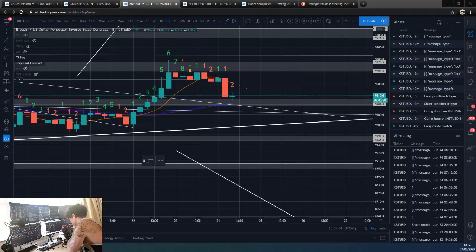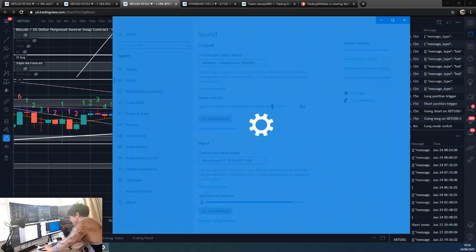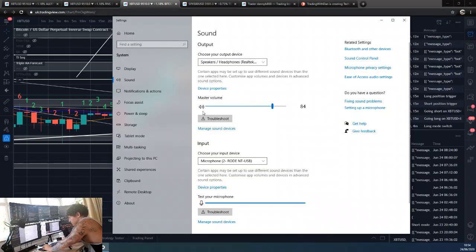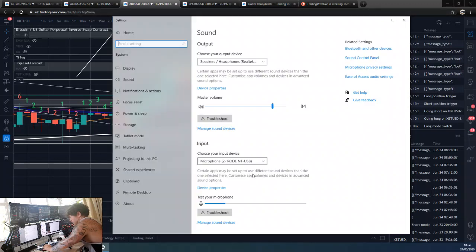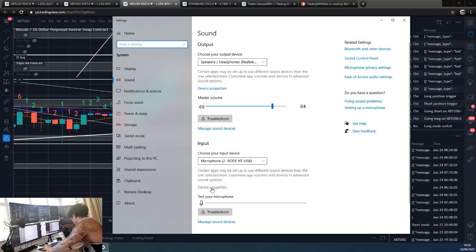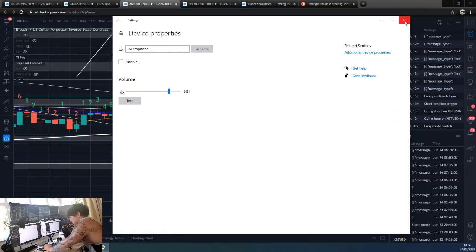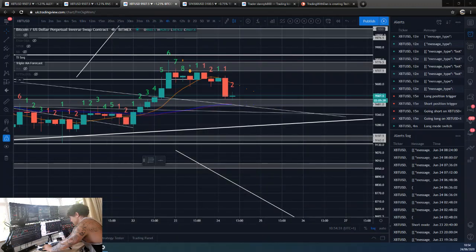Just one second guys, I forgot about my sound settings. Let me see if I can adjust them whilst I'm mid video. This is the problem I've got on my computer. If this is my master volume, I go onto here, device properties, this goes to 100% every time. So I've moved it down now. So let's go back. If I click back in here, it stayed at 80, so hopefully the sound has just sorted itself out. Fingers crossed. I know that's mid recording, I will also move the mic a bit away from me just in case. Right, we'll carry on with the video.